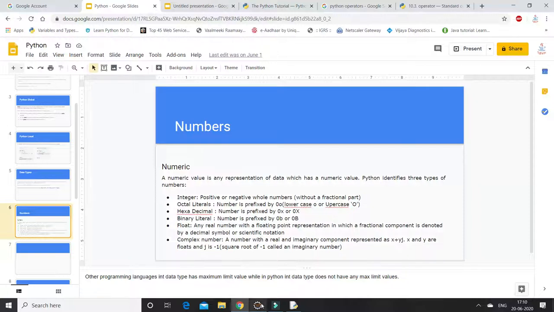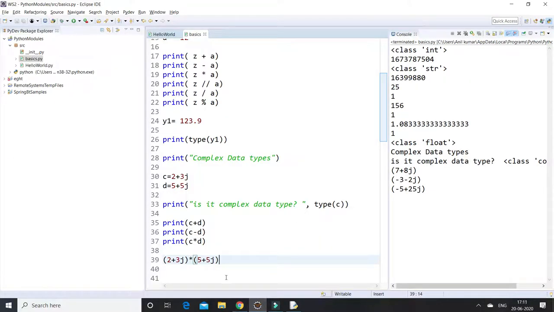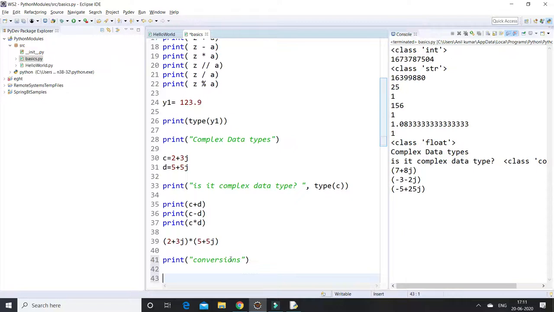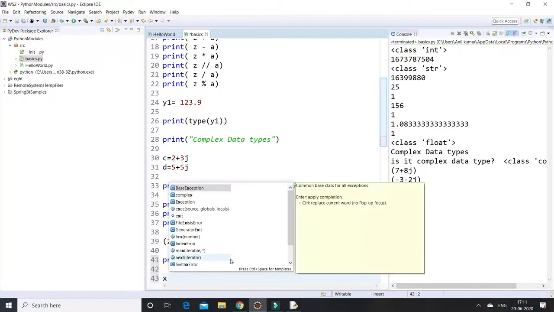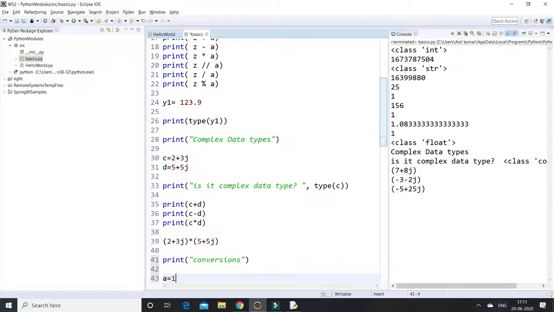I am going to show you how to convert an integer to octal. Consider a equal to 10.